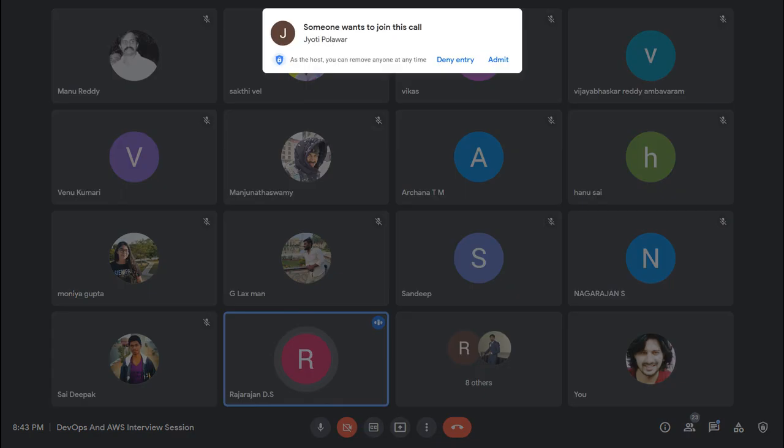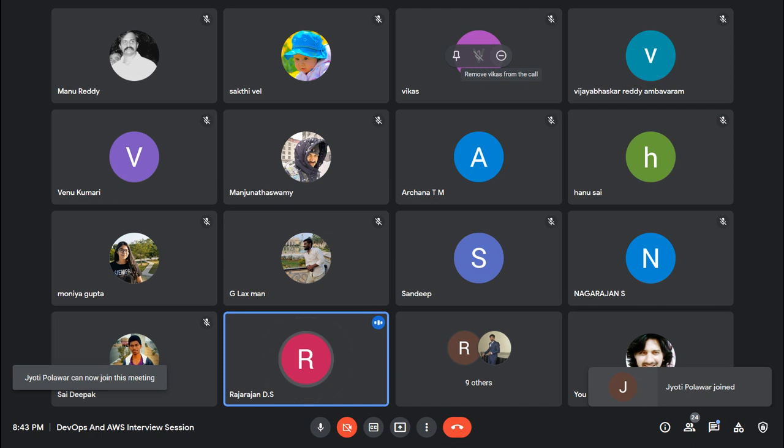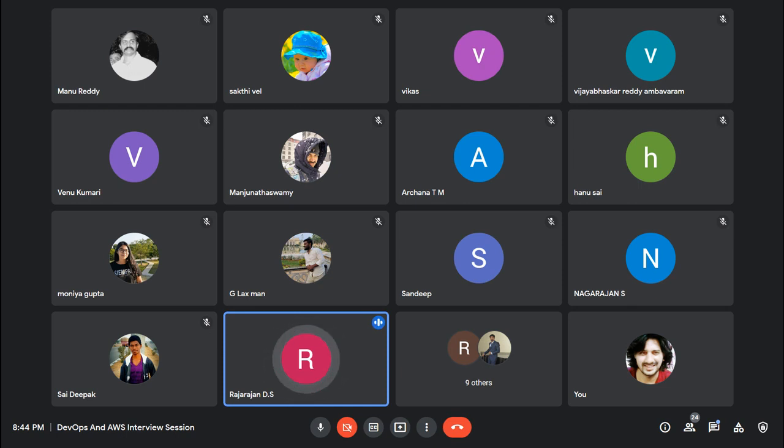Then once you have selected the EC2 instance, and once the instance is up and running fine, the next step is that we need to log in with the sudo privilege. So once you have logged in with sudo, then the next step is that you need to